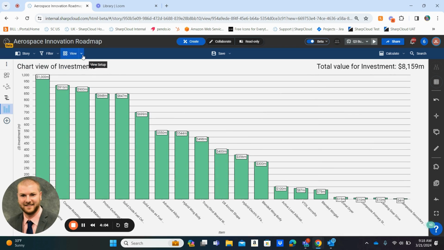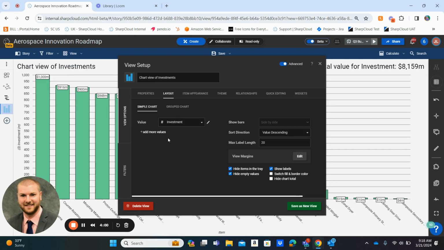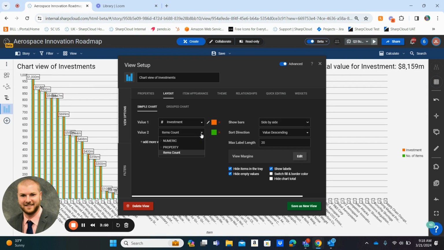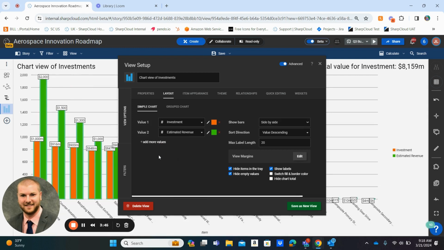The other thing that we're able to do is actually start to add multiple values to this chart. So right now we can see our investment. Well, what if we wanted to see the estimated revenue associated with the item post that investment? We can simply add another value and choose the numeric field for estimated revenue, and we can start to see